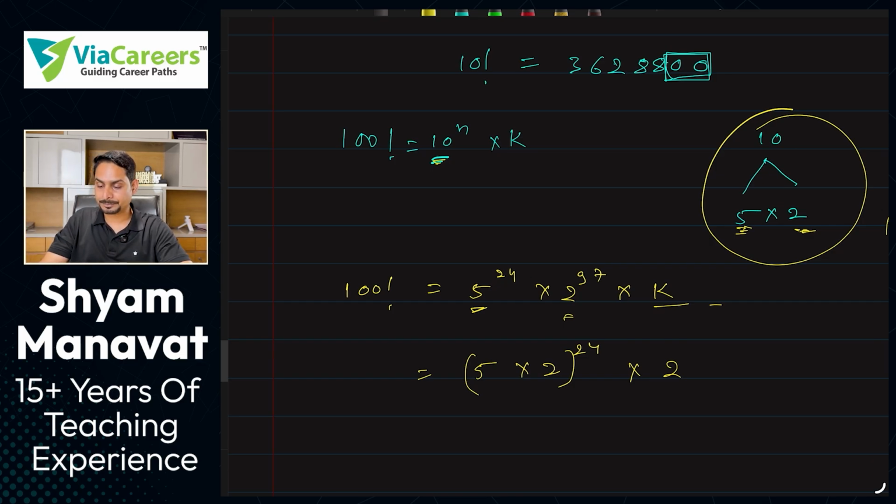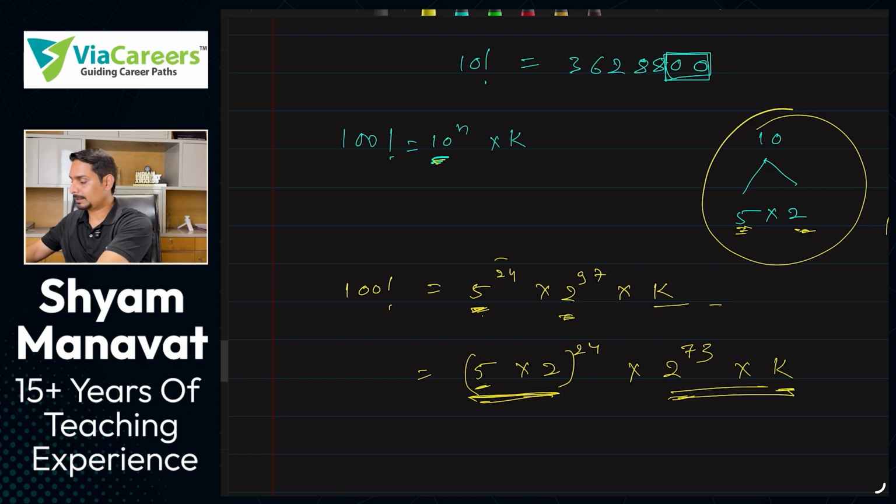Okay. So when you do that, you can go with the minimum power of whichever prime number you have. You can go for the minimum power there. Okay. For now, here this is 24. So you can have maximum 24 pairs of 5 and 2. How much is left here? You have 2 raised to 73 and some constant number, but these 73 2s are of no use to us because they are not available to form any pair, because there is no 5 for them. We have fully utilized the 5s in this bracket, correct?